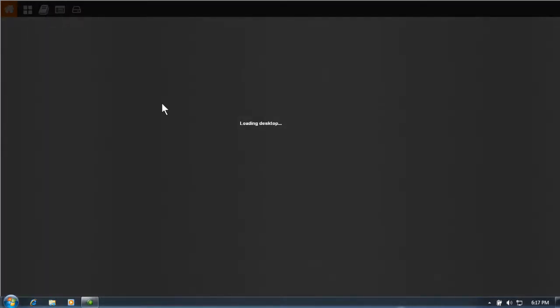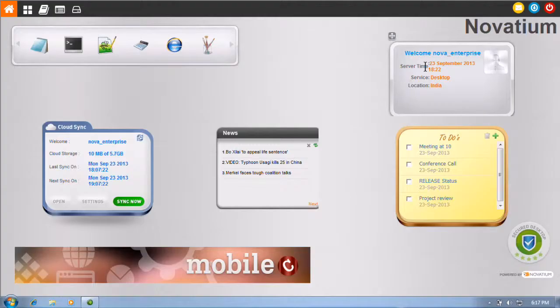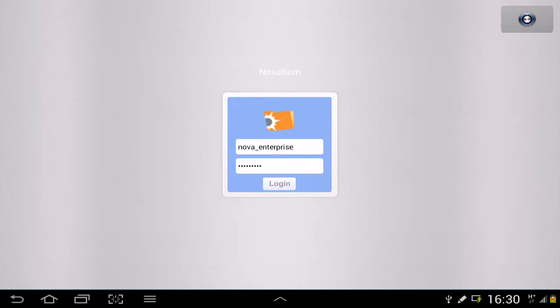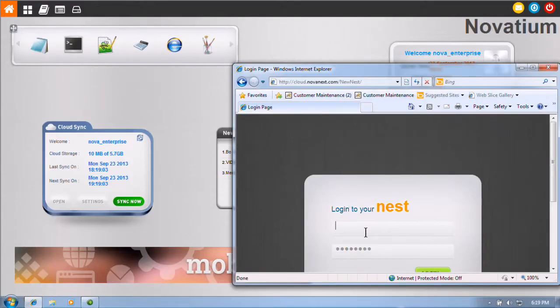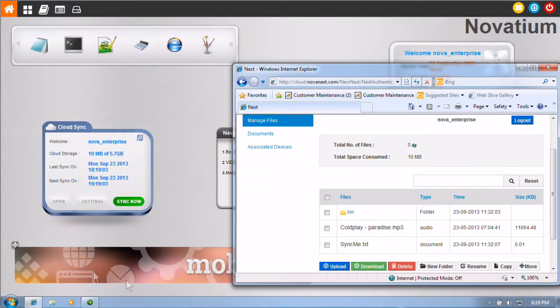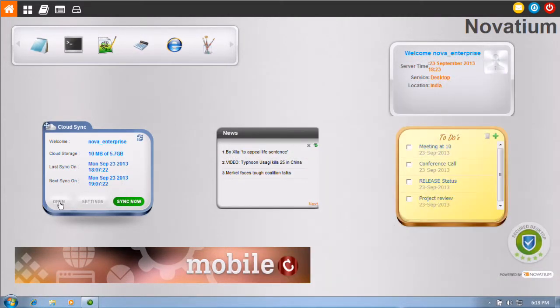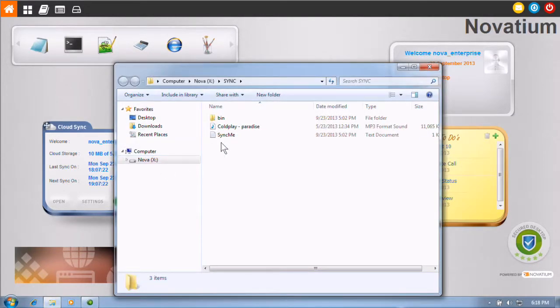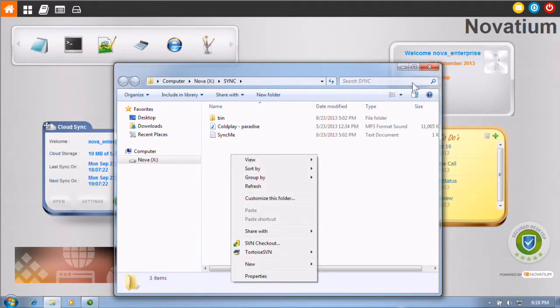Mobility for enterprise. Novatium Enterprise Management is available on Microsoft Windows as well as Android devices. This enables the users to gain access to their files even through their Android mobile devices. The users can get their own secure storage on the cloud. The enterprise can also have its own cloud storage that can be accessed by all users. If needed, access can be restricted to view files and not to download them.